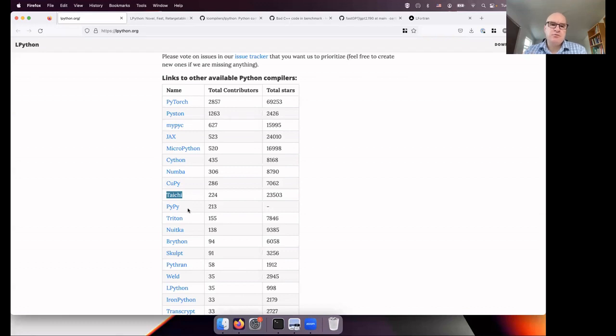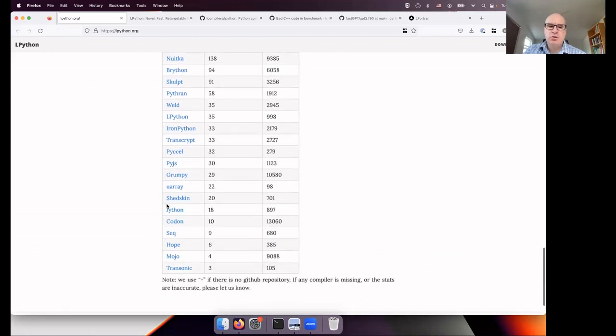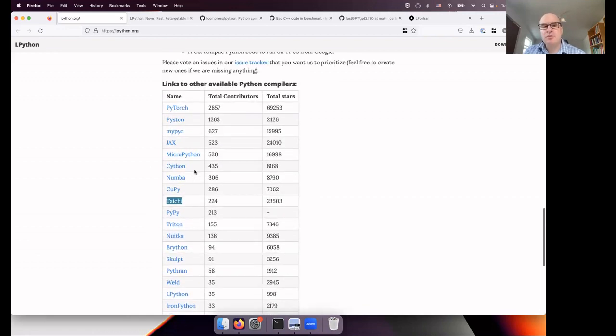With LFortran, we are trying to be as fast as possible, to compile any Fortran array code as fast or faster than other Fortran compilers eventually, and of course as fast or faster than C++ compilers. And LPython is kind of competing in the same leagues, let's say. So we are trying to be as fast as C++ or faster. So that also excludes a lot of these. Mojo, I think, and Codon and Numba, and Cython, I would say, are also trying to be as fast as possible. Based on our benchmarks, it looks like we are oftentimes faster than Numba.